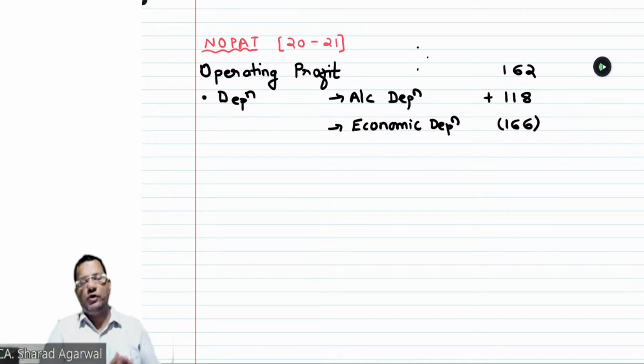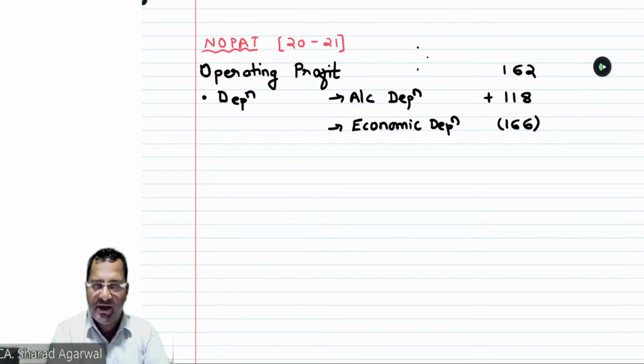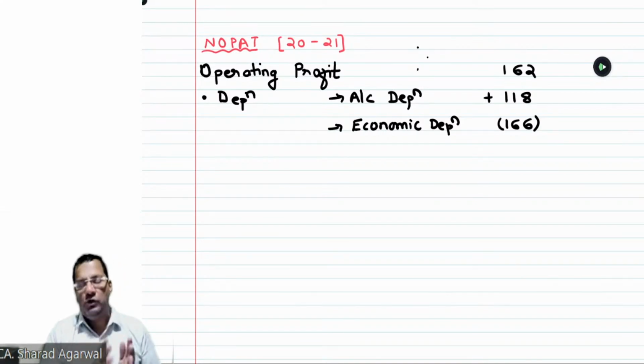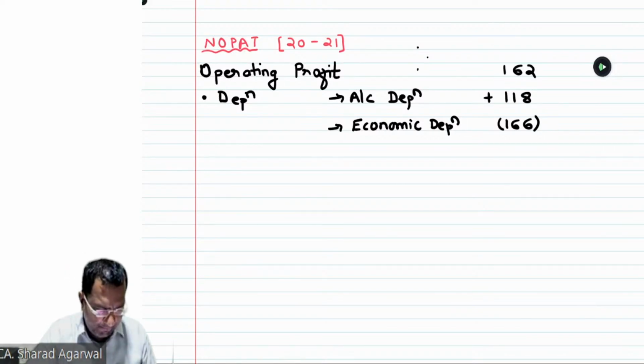Please communicate with me, beta. What's your view if in point number 2, along with the economic depreciation of 2021, we have been given the economic depreciation of 1920 also? Suppose the amount is 125 crore. So what will be the impact of such amount on calculation of NOPAT? Okay, Bhavin has answered the same. What are the views of other students, beta? Please communicate fast.